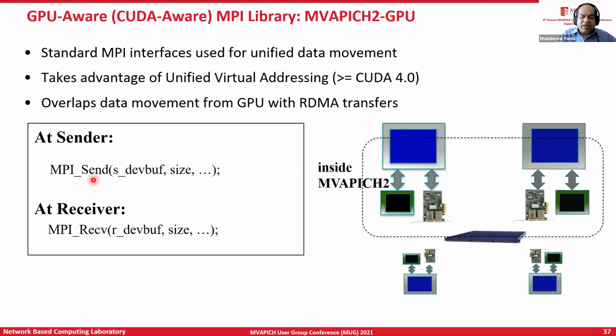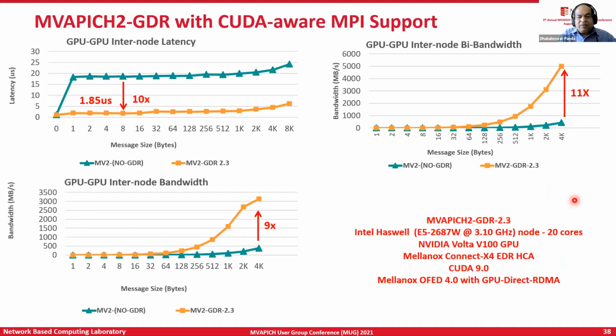They can directly say, okay, MPI send from this GPU buffer, and then MPI receive from the other GPU buffer. Then the MPI library internally will try to find out the correct path, the correct protocols, the correct thresholds, and will be able to give you the best performance. In that context, even the code development becomes highly productive. So with that kind of GDR project, when we started with CUDA-aware MPI, we also worked together